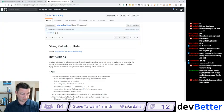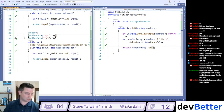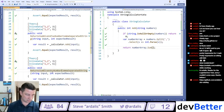So step 1 is those 3 things I did. So now, allow the add method to handle an unknown number of numbers in a string. Alright, well, I think that's going to work just fine as it is. But let's add a few test cases. Return sum given any number of comma separated